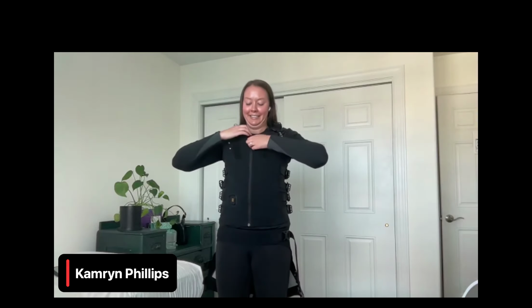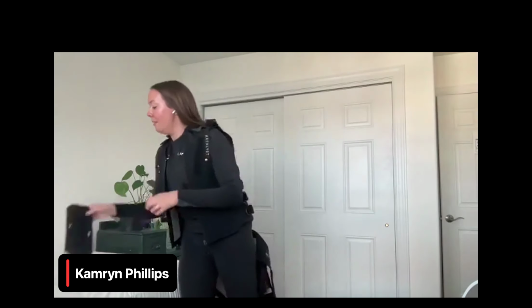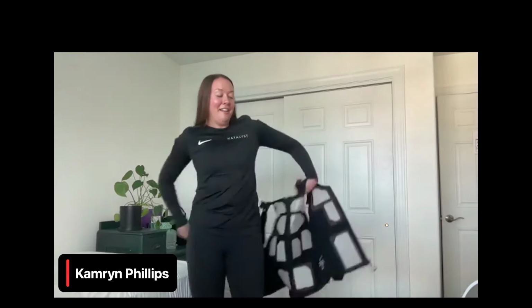Just most important for storage, helping it stay in great shape and making it easy to suit up next time I'm here. Everything nice and loose. And I'm done. And then it will stay as one piece. I'm grabbing my armband, hanging it on my vest here, and then it will go right back on my hanger